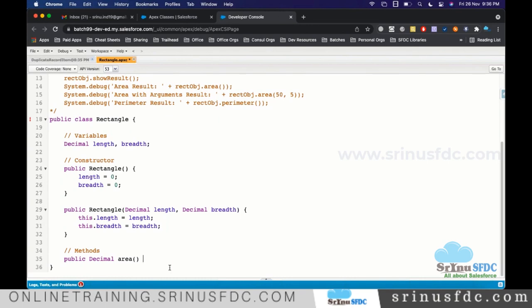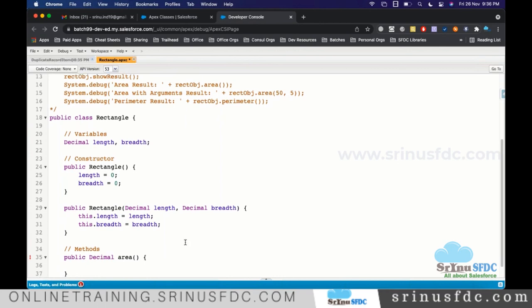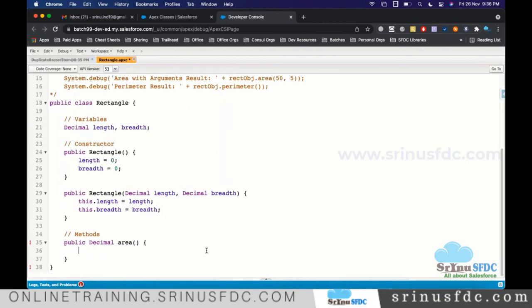Now the body of this action: what set of statements is it going to execute? And since we mentioned the return type, it requires a return statement. It should return the resultant value, whatever you want.